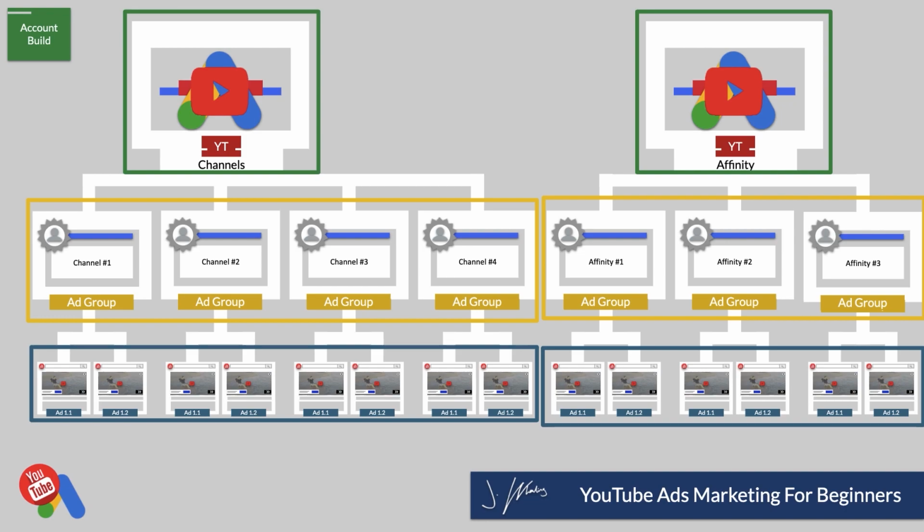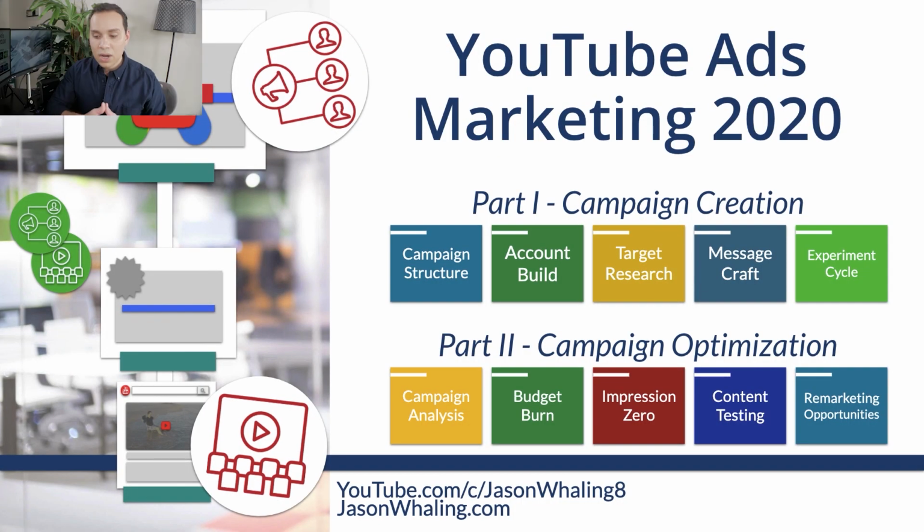And now that we've finished the first 5 steps, now it's time to go into part 2 of the training, where we're actually going to go through what happens once you've started to run traffic and what we need to do to actually manage our campaigns for success. And of course, the first thing we're going to do is talk about how to set up your columns and do some analysis. And the good news is when it comes to analysis, there are really only 2 metrics you need to look at.